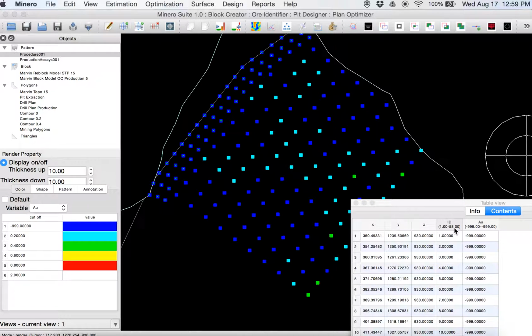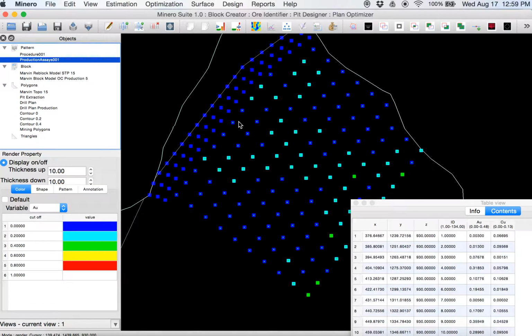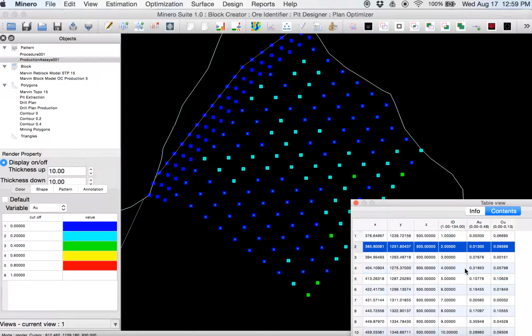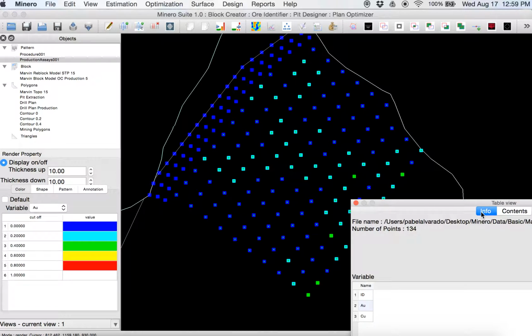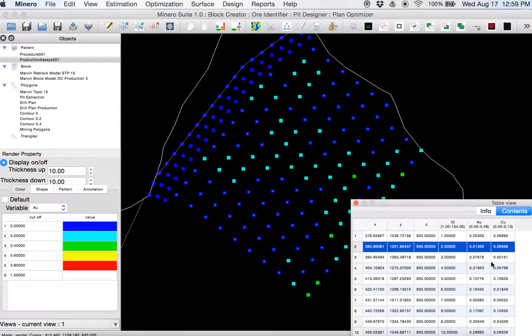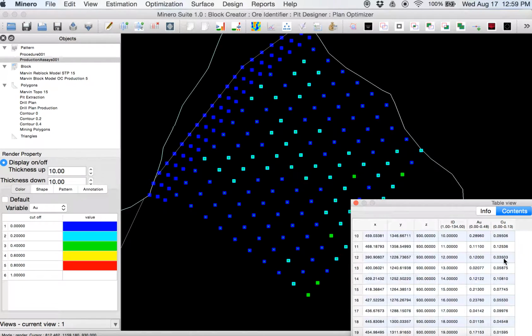That way I can visualize what I have. Let's go to production assay. In production assay, we have pattern coordinates XYZ, the ID, gold grade, copper grade. And this particular pattern has 134 points, and we are storing gold and copper.